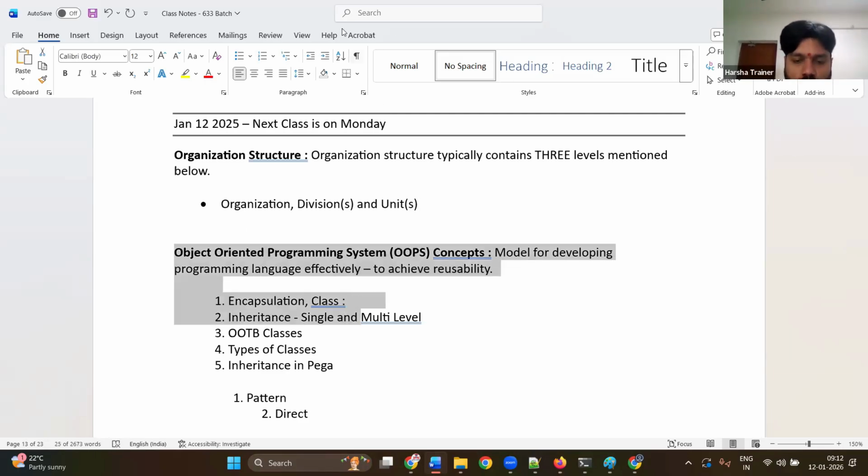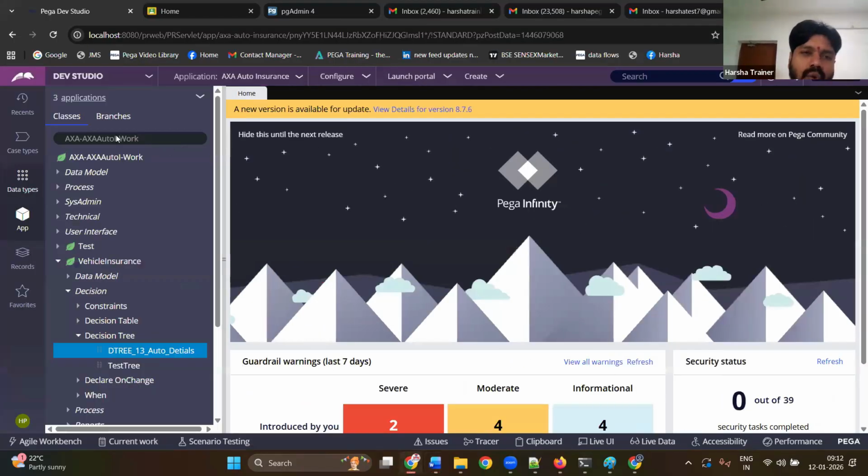See, even though you are working on Pega without any coding, that is okay. You're not going to write any code, you choose drag and drop and all. But one important thing you need to keep in mind is reusability. Reusability means do not create the same thing again and again. If you are extending your business, do not recreate everything from the scratch again and again.